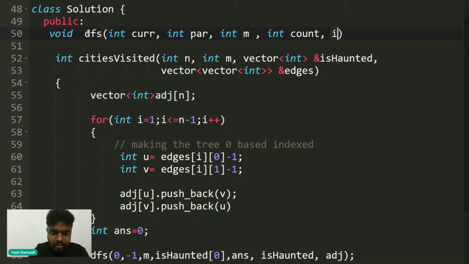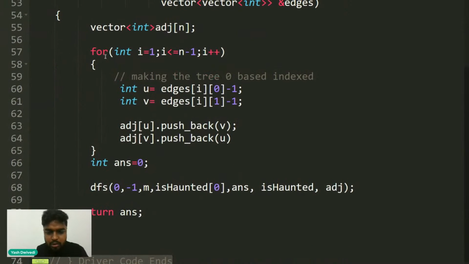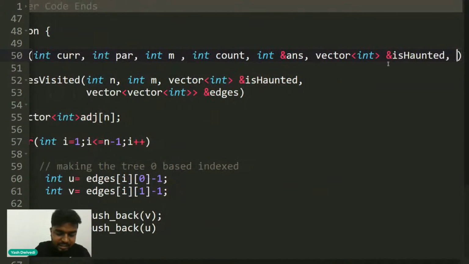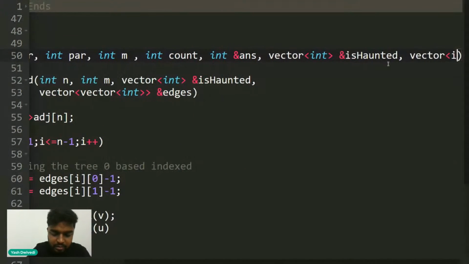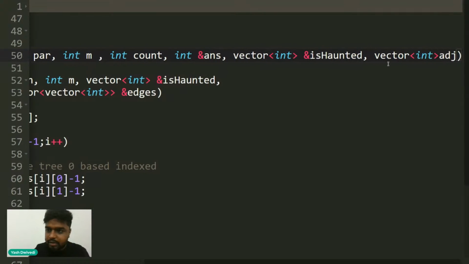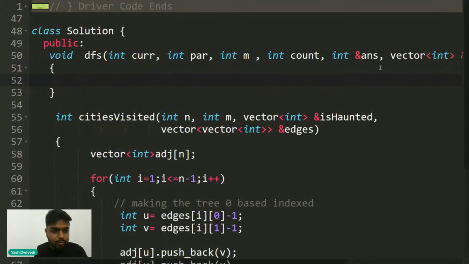Then I'll pass int ampersand answer. Then I need to pass the haunted array. And lastly I need to pass the adjacency list, so I'll pass the vector int adjacency list. I hope that this part is clear so far.